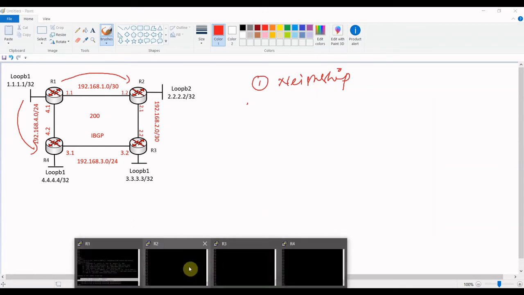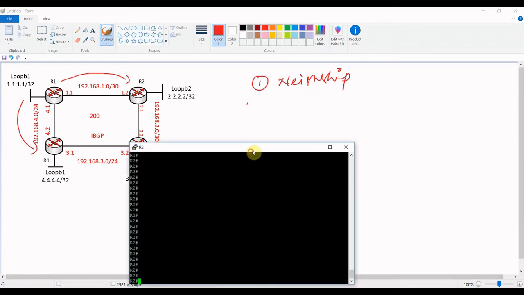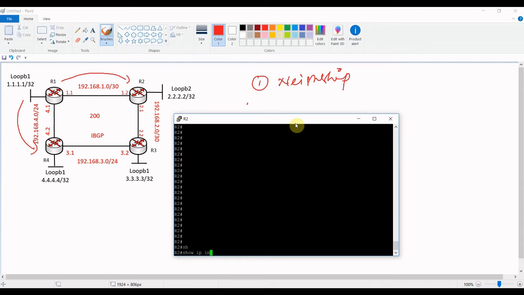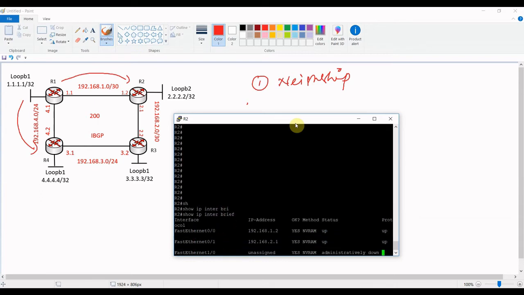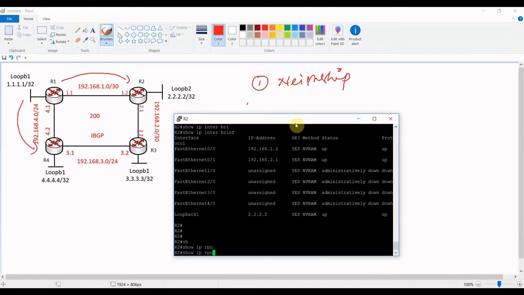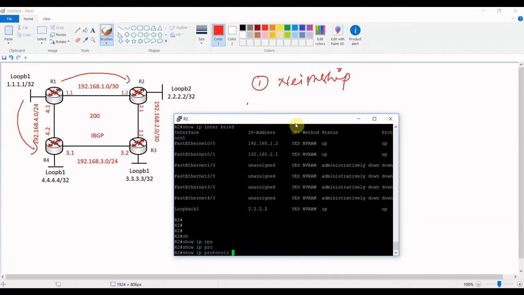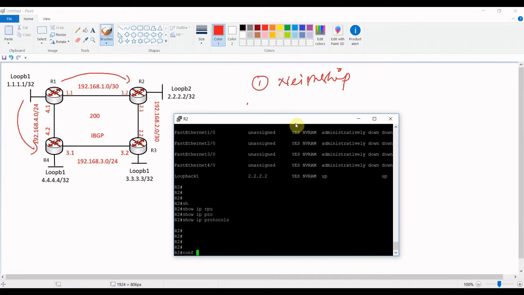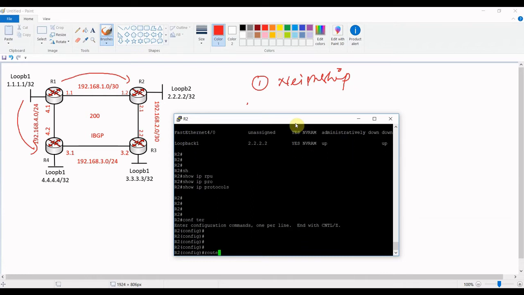And then we will see router 2. In router 2, I will show you the interface which has already been pre-configured. Should we have any protocol pre-configured? No, we do not have. So let me configure BGP.